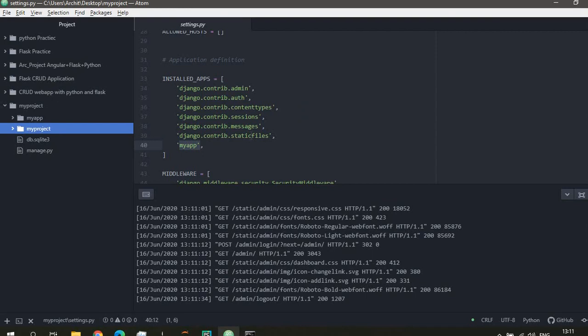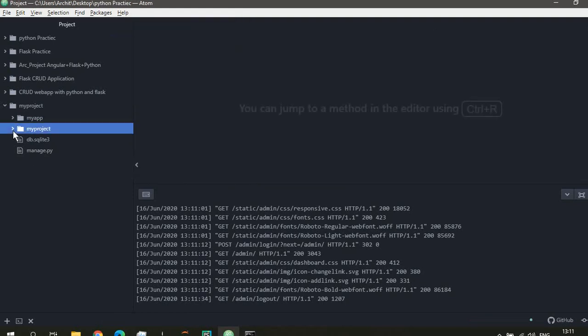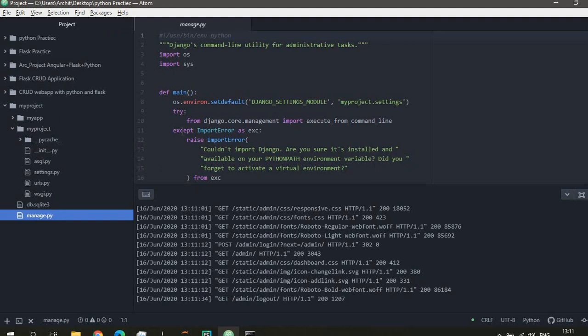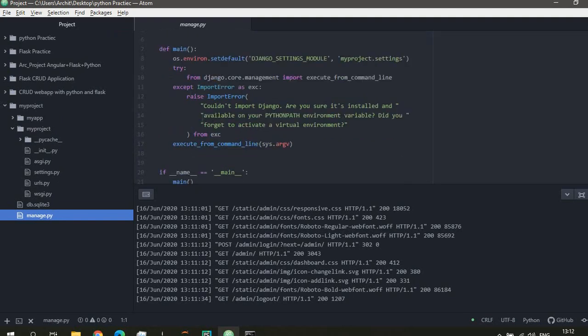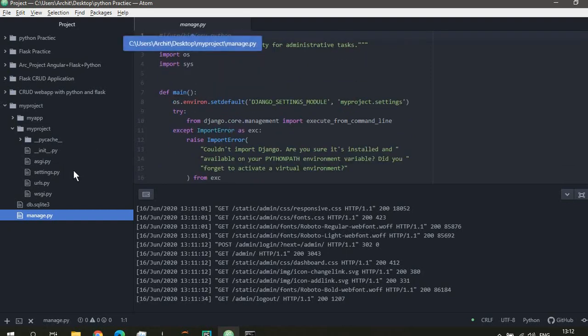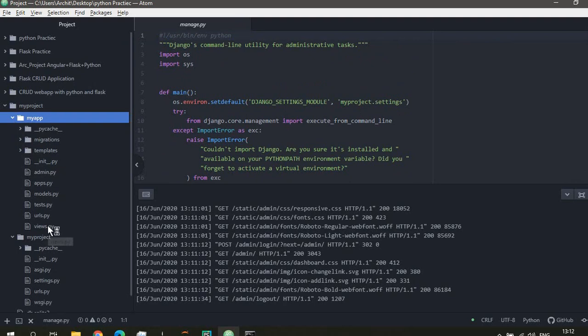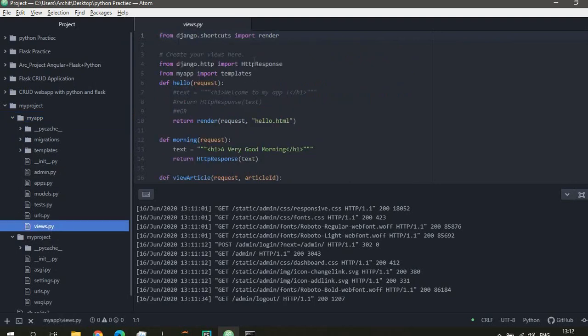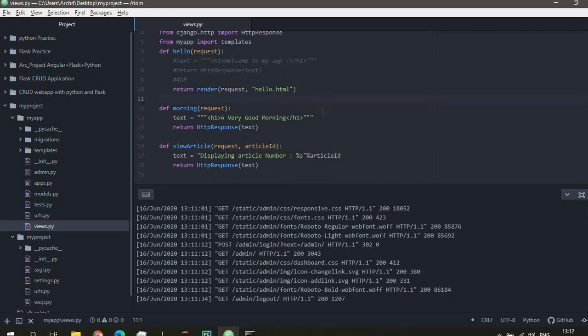Again, let's move on to how to check and create more views. Now, simply making something might be startling at first, but it's very easy. We go into our project and we look for manage.py. Inside manage.py, we have our whole execution of the Django web framework. Other than that, when we go into my app, you can see views.py. Now, this views.py is very important because it contains most of the requests. It handles the requests given to it.